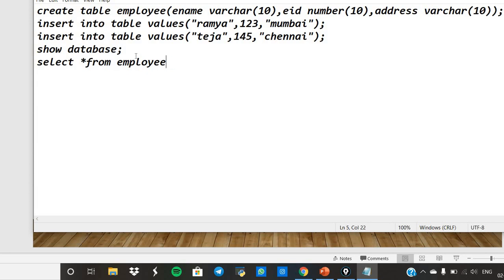Select star from employee. Now it will display all the values in the employee table.